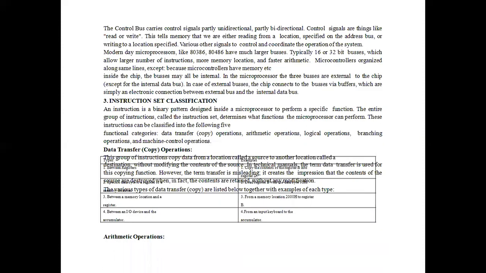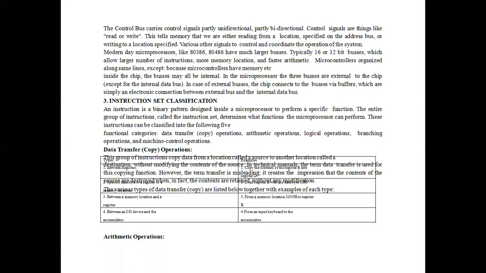Then the control bus, which will control this, carries the control signals, partly unidirectional and also partly bidirectional. Control signals are things like read or write. Next we are going to the instruction set.